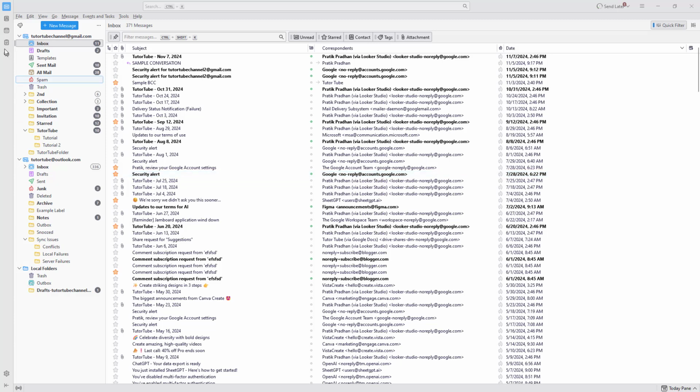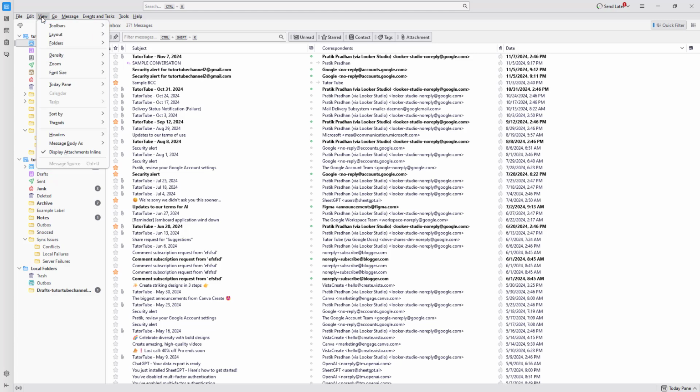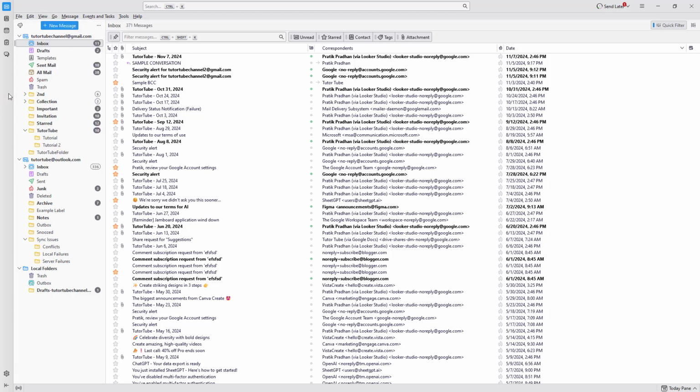So over here on the left hand side, you see something called the Spaces Toolbar, and by default this looks a certain way. If you don't have the Spaces Toolbar over here on the left hand side, simply go onto the View menu, then go onto Toolbar, and then enable the Spaces Toolbar right here. So now if you want to go ahead and customize the Spaces toolbar, you simply need to go ahead